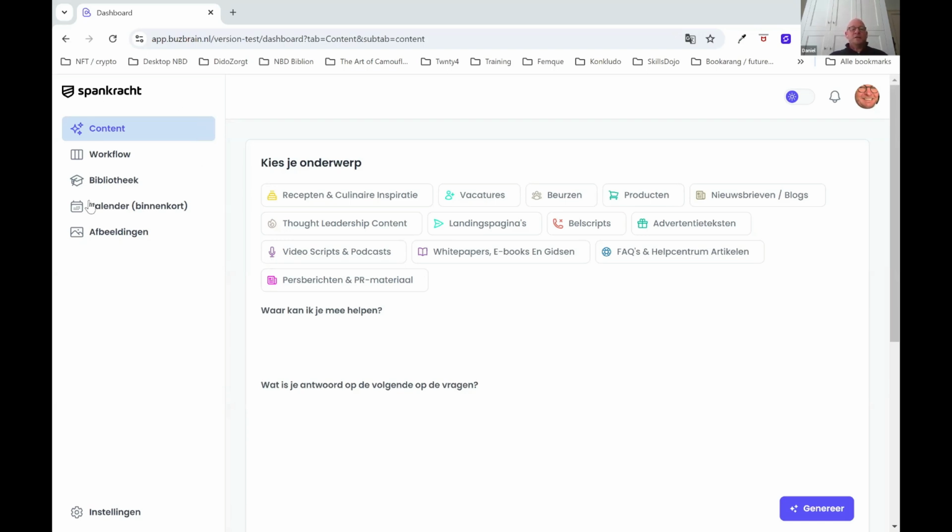On the left-hand side, we see the menu where we have a couple of options: content, workflow, bibliotheek, which is library in Dutch, the calendar, and some pictures. I will go through them step by step. So content is all about creating content. And in this screen, you can select a topic. So for instance,